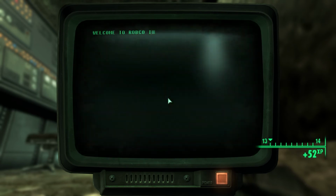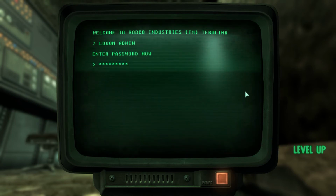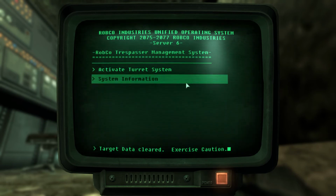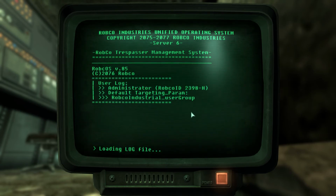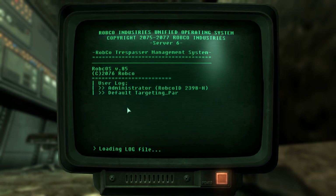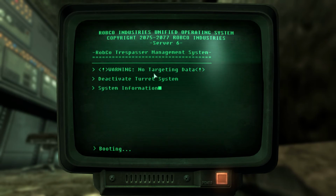Alright, the hacking's getting a little bit easier now that I'm getting more and more used to it. Alright, logging in. Oh, leveled up from it too. Sweet. Alright, reconfigure, target data cleared. Let's keep it deactivated. And system information. Oh, hey, look, this one actually doesn't say FU for once. That's actually kind of interesting. Robco Trespasser Management System. Oh, so this one hasn't been messed up by raiders, so I don't know if activating it for...